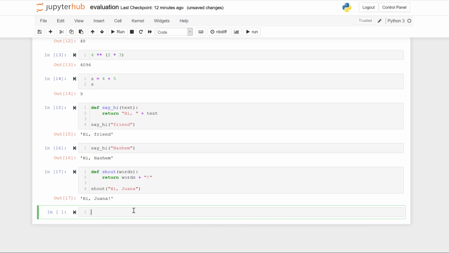Alternatively, we could call our sayHi function and pass its result to shout like this. In this case, the argument to shout gets evaluated first. The argument to shout is itself a function call. So in order to evaluate that, we follow the steps to evaluate the function call to sayHi. To evaluate the call to sayHi, wanna is assigned to the parameter text, and then the function body is evaluated.